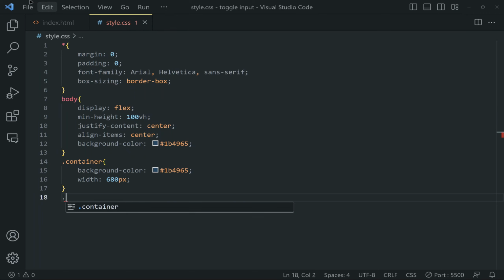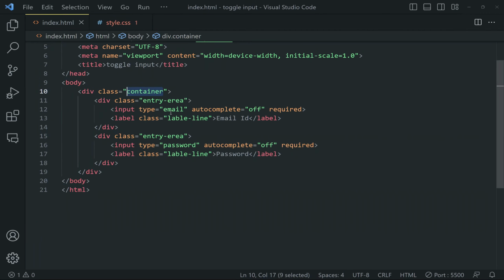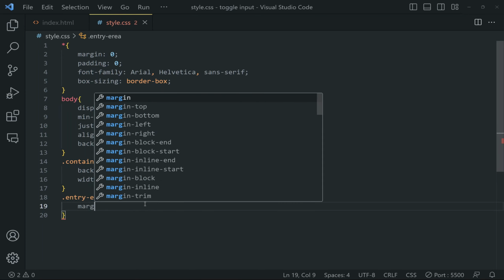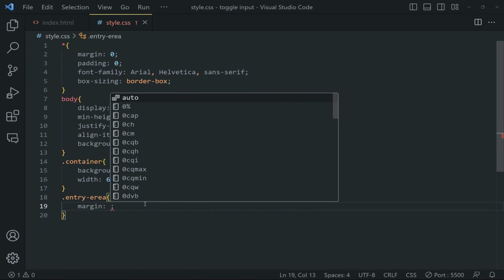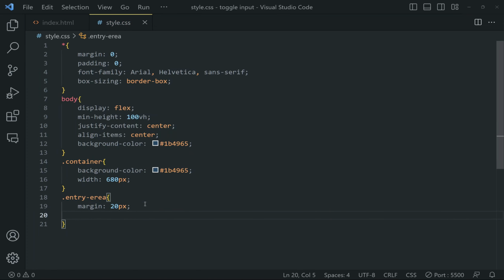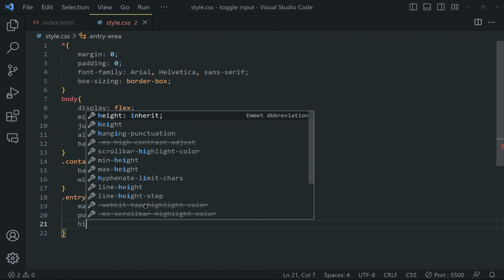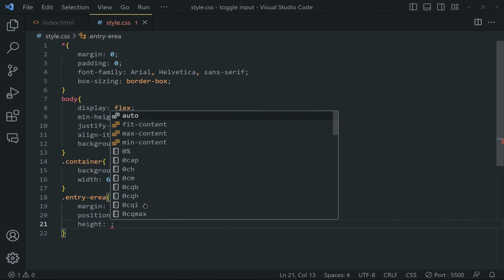Then we select the entry area, we add a class name with entry area. We add margin and padding. The margin is 20 pixel, and the position also relative, and height is 80 pixel,